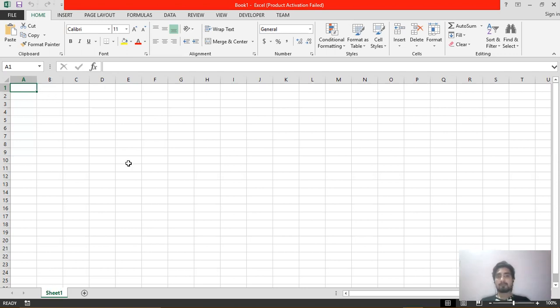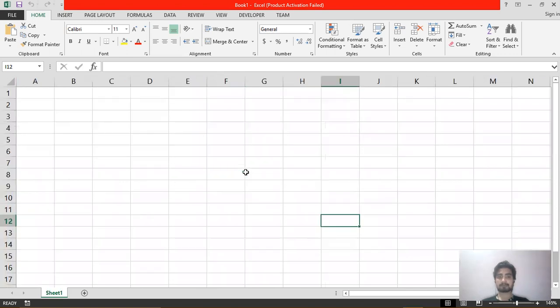If you want to see the name of any cell, you can just click on that cell. That cell will become active, and you can see the name of that cell displayed in the name box. The name box is available just above the column heading on the left side, the small box which you can see here, which displays the name of the active cell. The active cell is the cell having a green or black border around it.